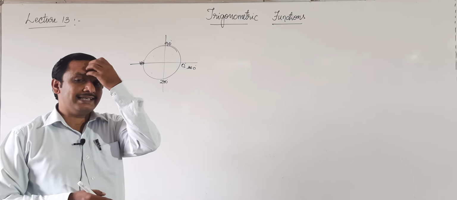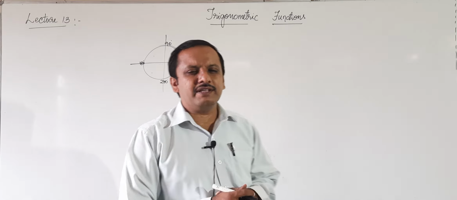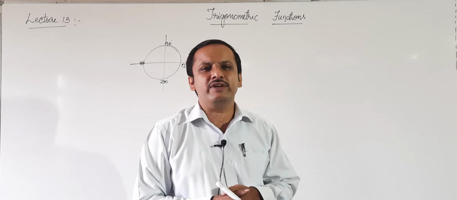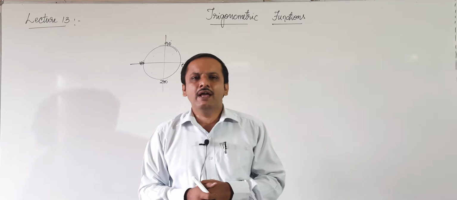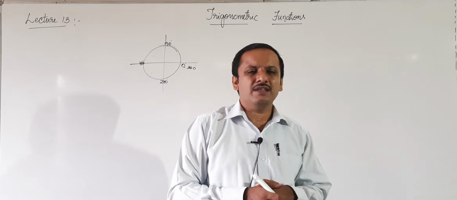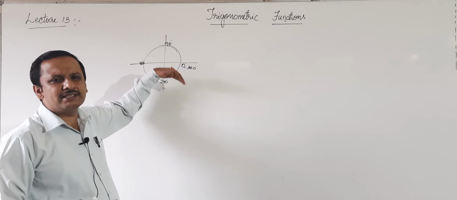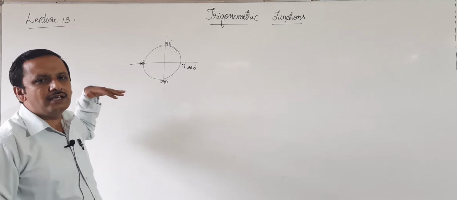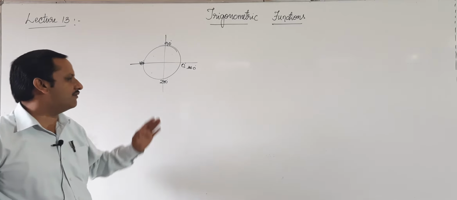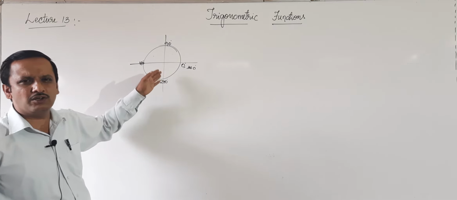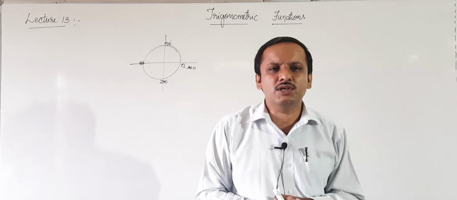So, you identify first which quadrant it lies in, and after that, in that quadrant, whether that given trigonometric function is positive or negative, that you see. So, note down that plus sign or minus sign. After that, if you are using the horizontal line, that is, if you are writing 180 minus theta, 180 plus theta, 360 minus theta, 360 plus theta, then write the same function. And if you are using the vertical line, that is, if you are writing 90 minus theta, 90 plus theta, 270 minus theta or 270 plus theta, then you have to change it to its co-function.